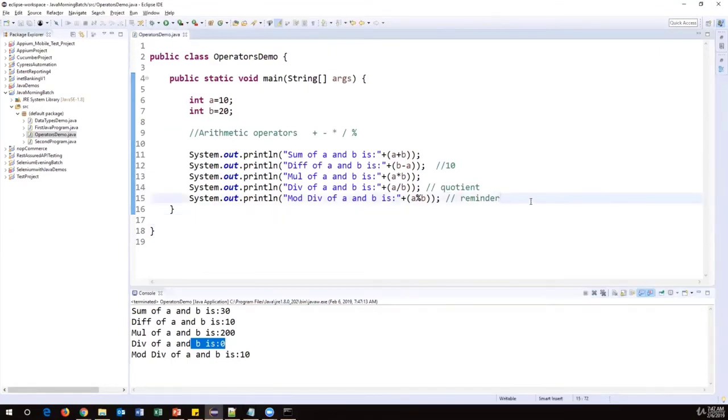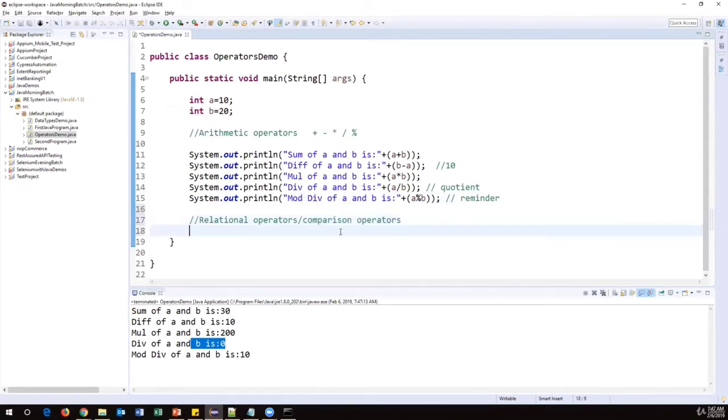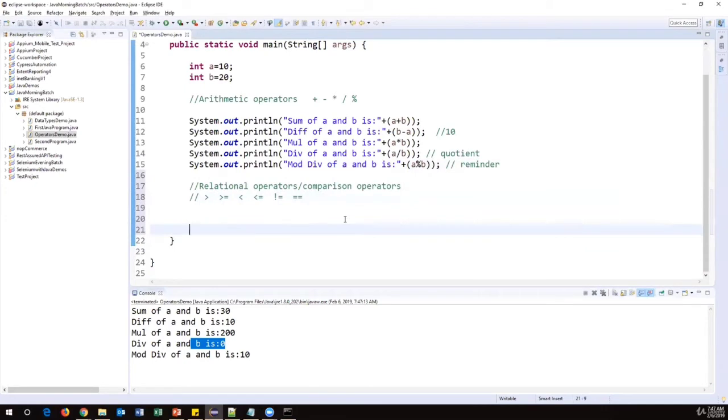Along with this, we also have relational operators. Relational operators are also called comparison operators. Let me just write greater than, greater than or equal to, less than or equal to, not equal to, double equals. These are all called relational operators. Basically these operators will compare the numbers, whether they are equal or not, greater than or less than or equal, will be verified. So for example, when I say here